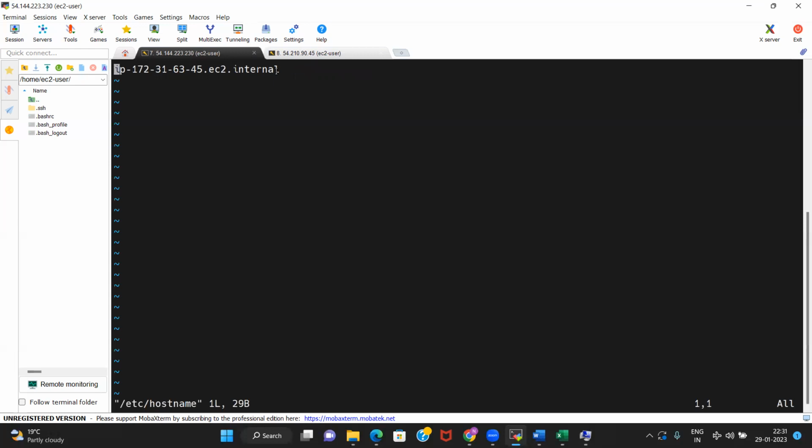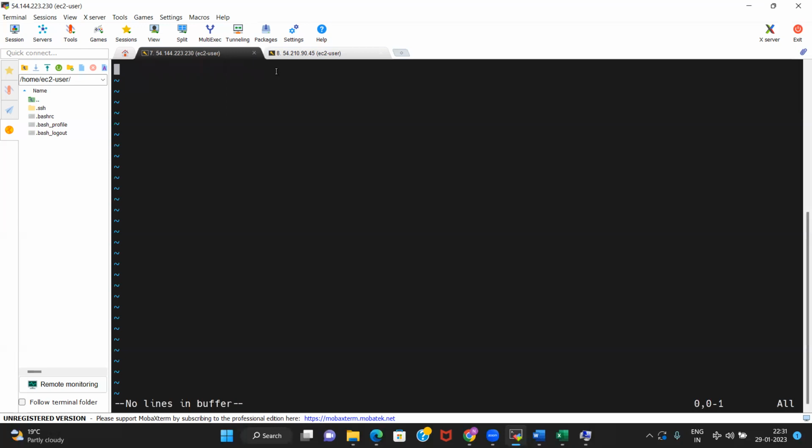I just want to delete this. To delete one line, the command is dd. Just type dd in command mode, and that line will be deleted.